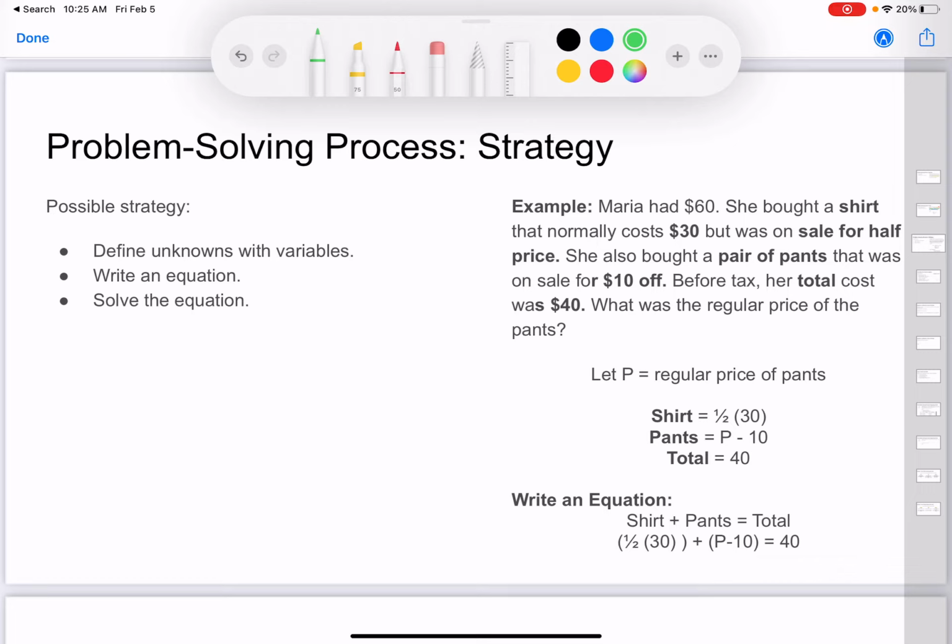So now we're going to write an equation for this. We know she bought a shirt and a pants, and we know her total, and so we want to go back and find the regular price of those pants. So we're going to use this equation. Once we see this equation, we're going to go ahead and solve the equation. So what that's going to look like is we're going to do